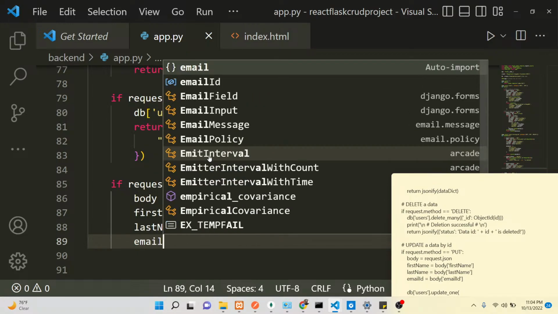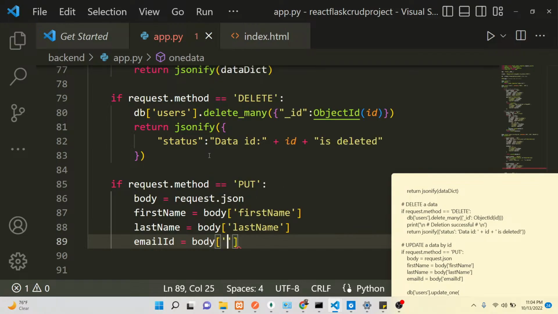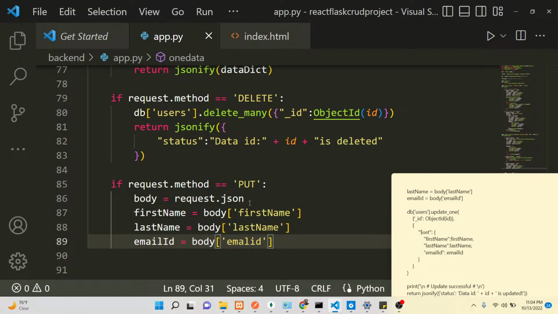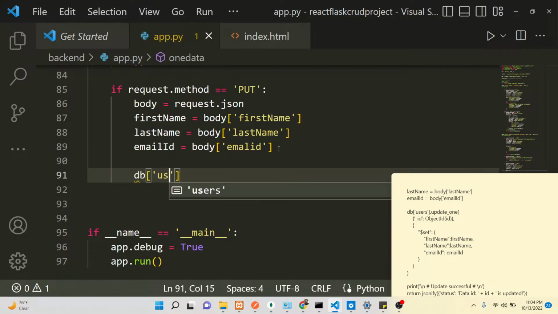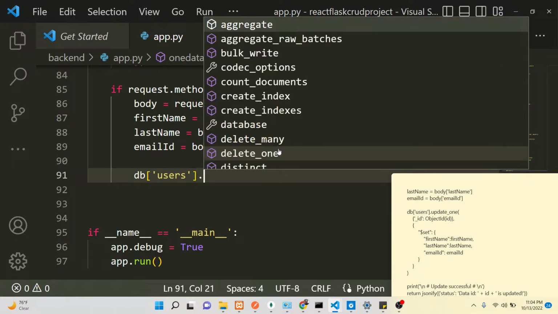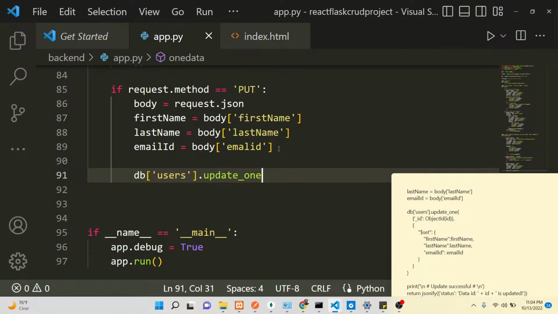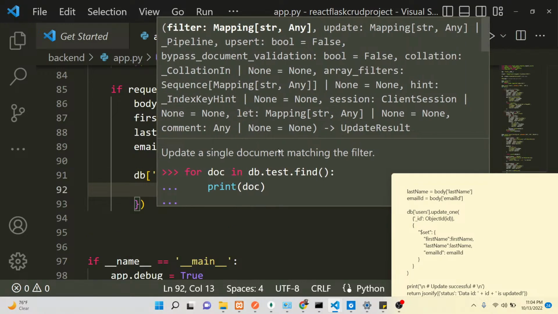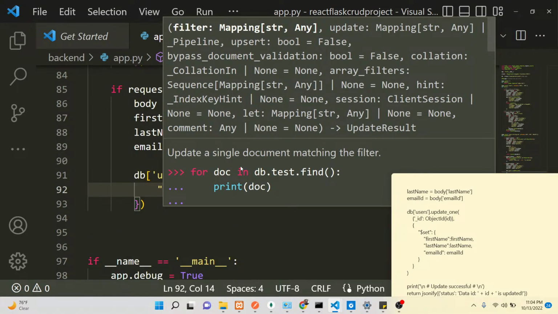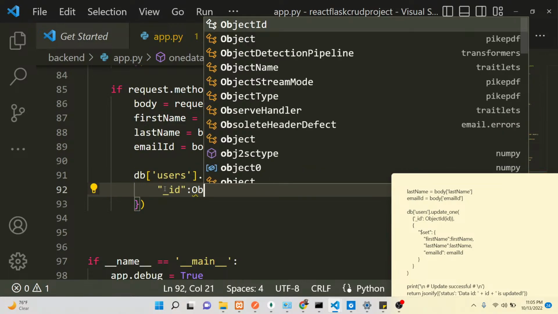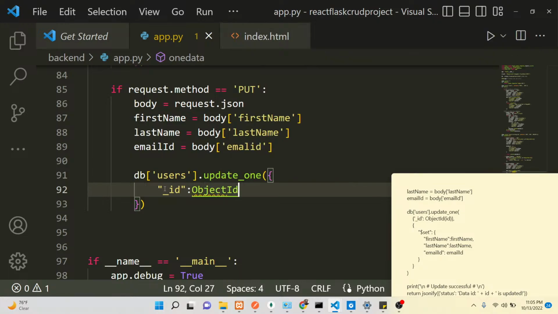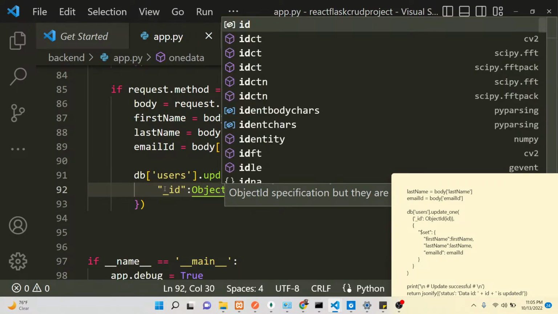So we also need to get the email ID as well, guys. So body email ID. So after this, guys, after getting all these details, to update the table, we will use the table name, and this contains a method which is called update1, and inside this method, guys, what we need to do is put the ID parameter here, which will be equal to object ID, and here we are passing their actual ID like this, put a comma,